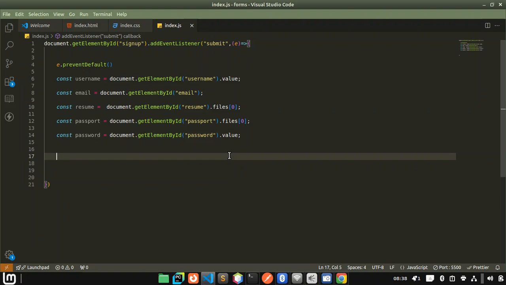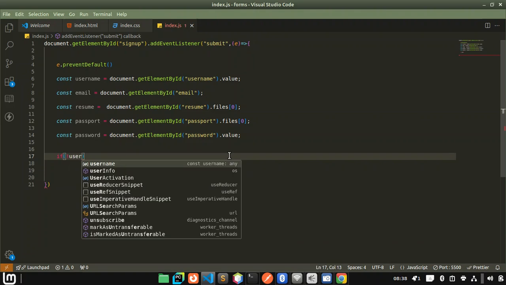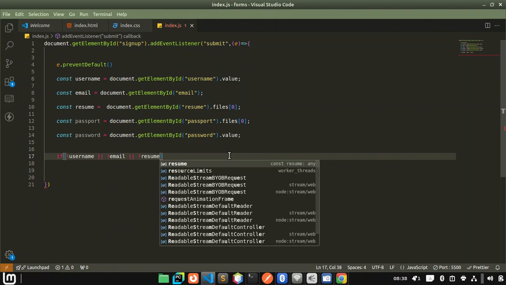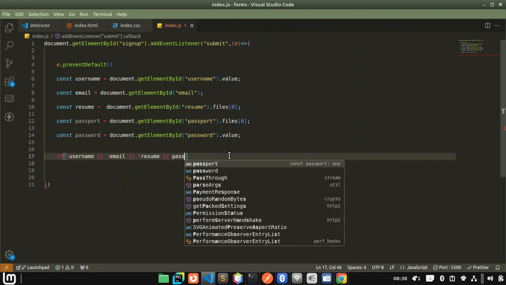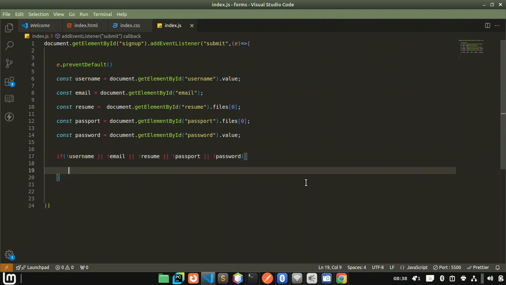So I'm going to say, if not, we are going to test if not username or not email or not resume or not passport, is this the correct way, or not passport, let's see, or not password. If any of this is empty, we are going to say,